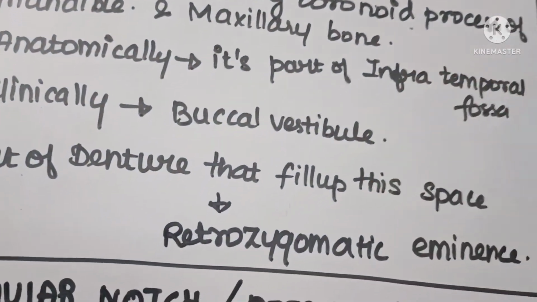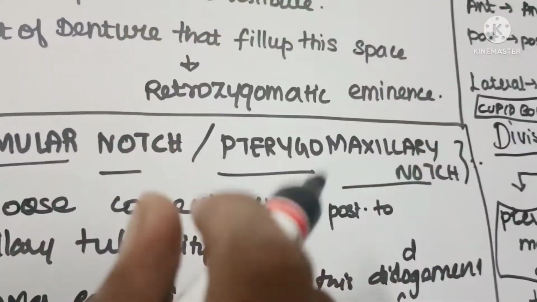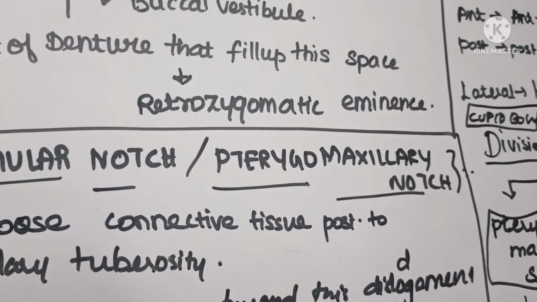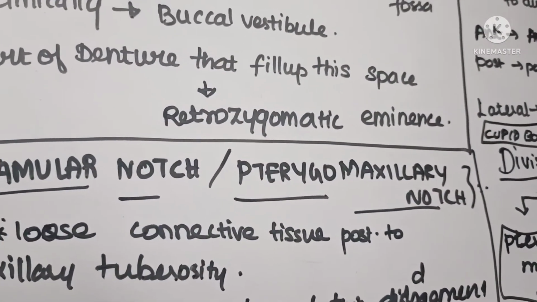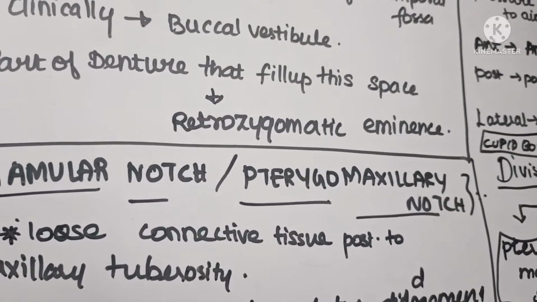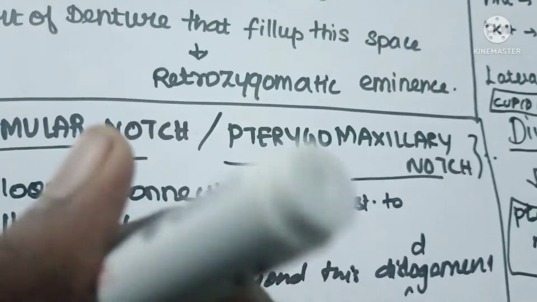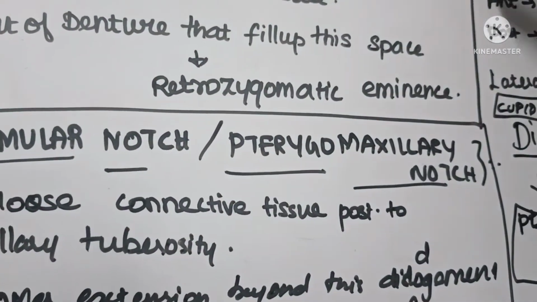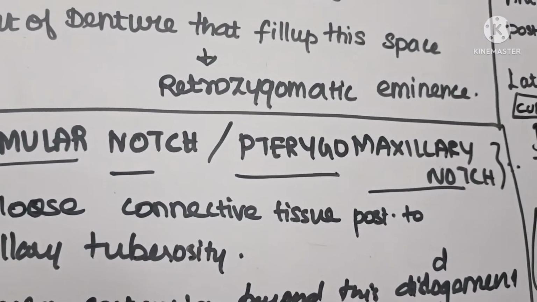You got it? Now let us see what this hamular notch is. The other name for the hamular notch is pterygomaxillary notch. Actually, this is present distal to the maxillary tuberosity. In between, there is some extension given for this hamular notch. That is, it is present between the distal end of the maxillary tuberosity and